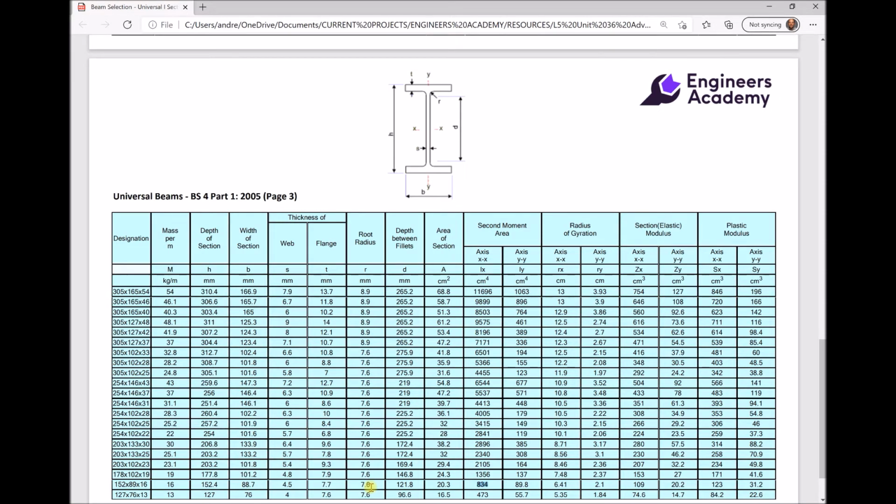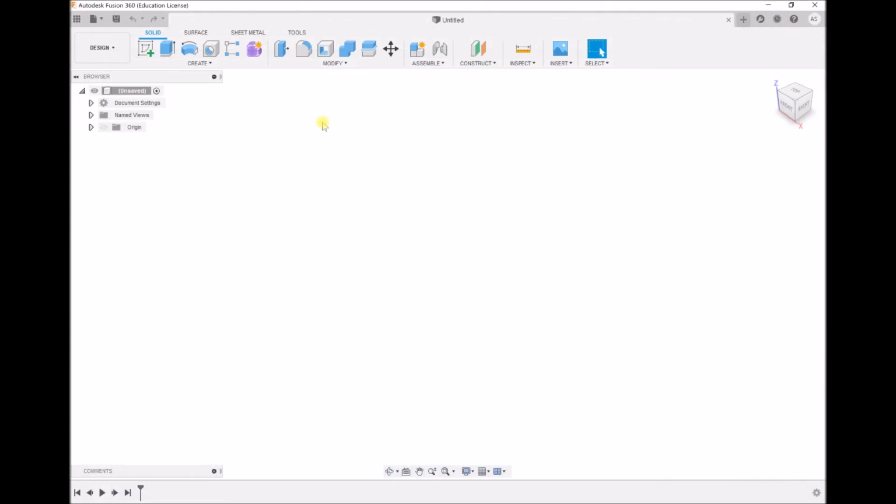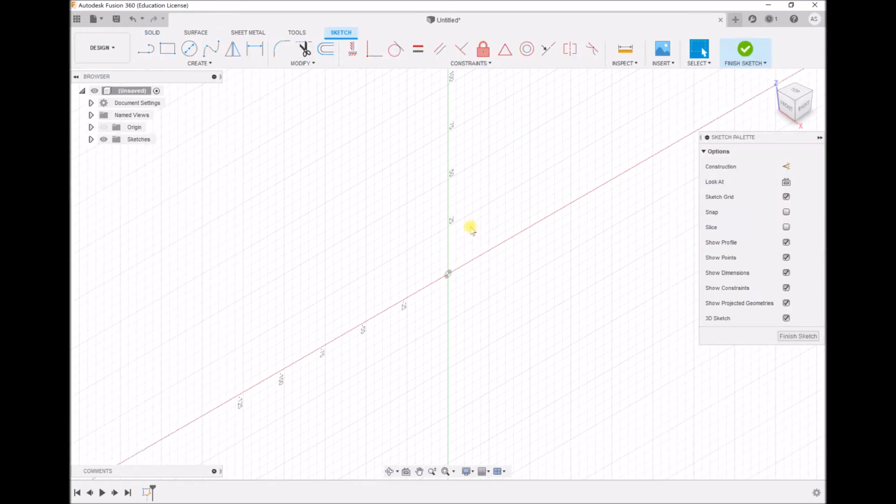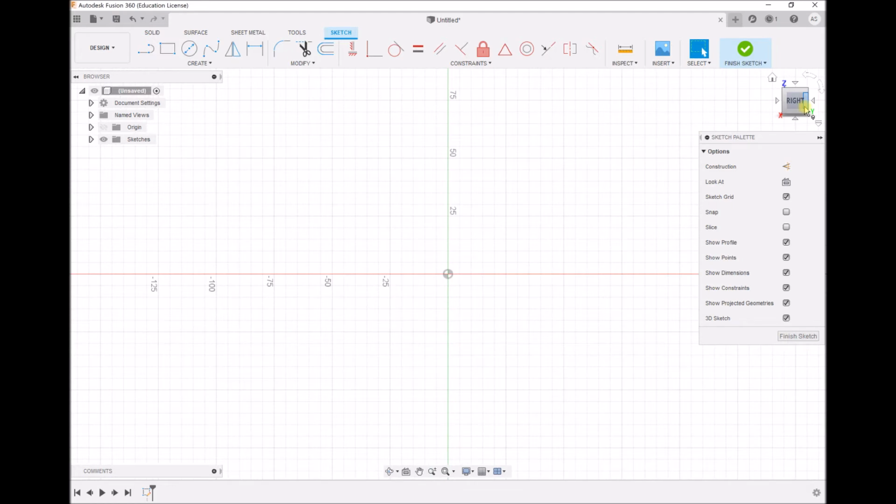So now I've made a note of each of those measurements, I'm going to go to Fusion 360 and create the geometry of the beam. The first step in creating this geometry is to create the sketch of the end of the beam. If I start a new sketch and select the plane on which I want to draw, I can then begin creating my sketch of the beam. I'm actually going to draw half of the section and then mirror it. So if I take the line tool and begin to create the general sketch,